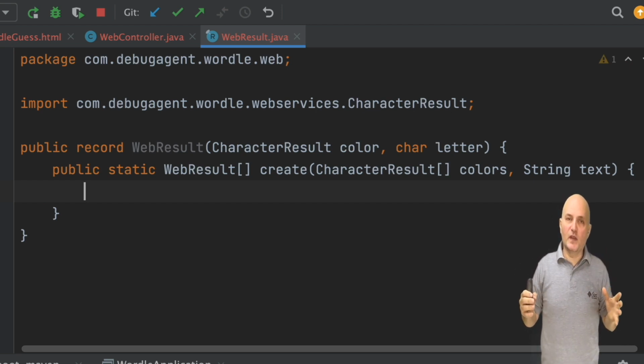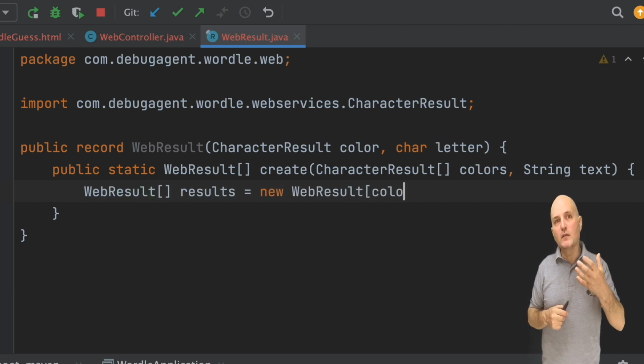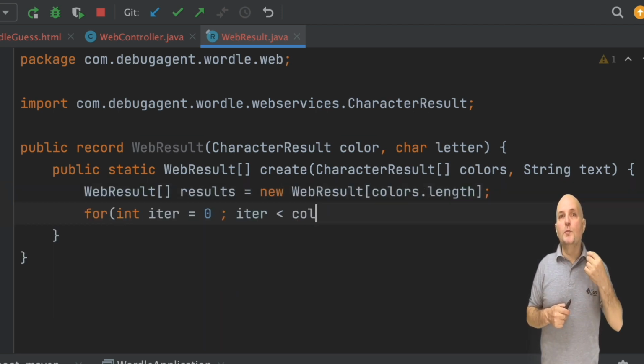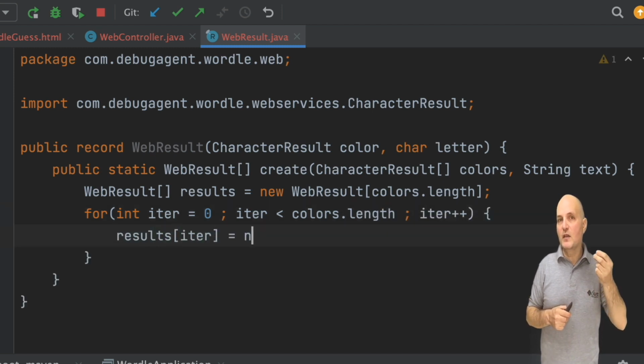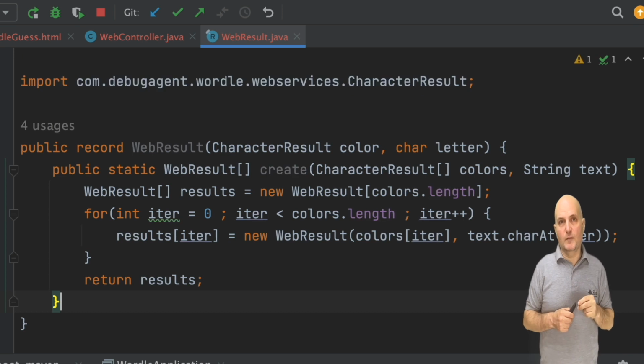It then converts that into an array of characters and colors together. We create the response array, loop over all the elements in the array, and create a new web result for each entry. The string class has a char_at method that returns a character at the given offset. Once we loop over everything and fill the array, we return it.